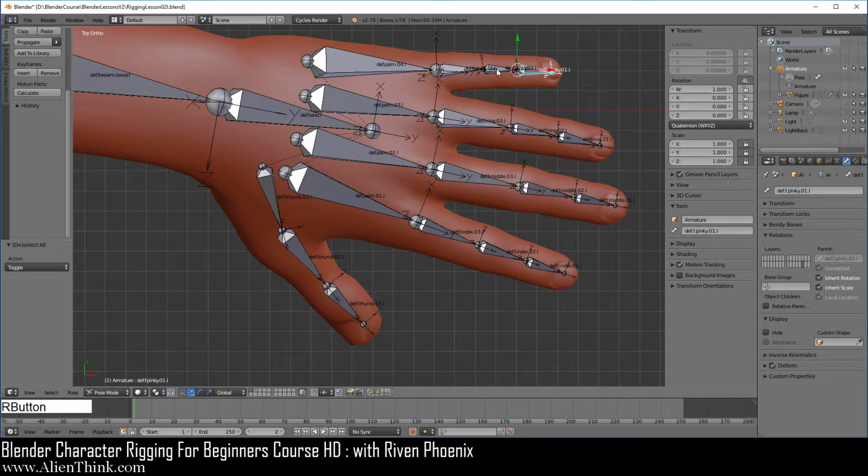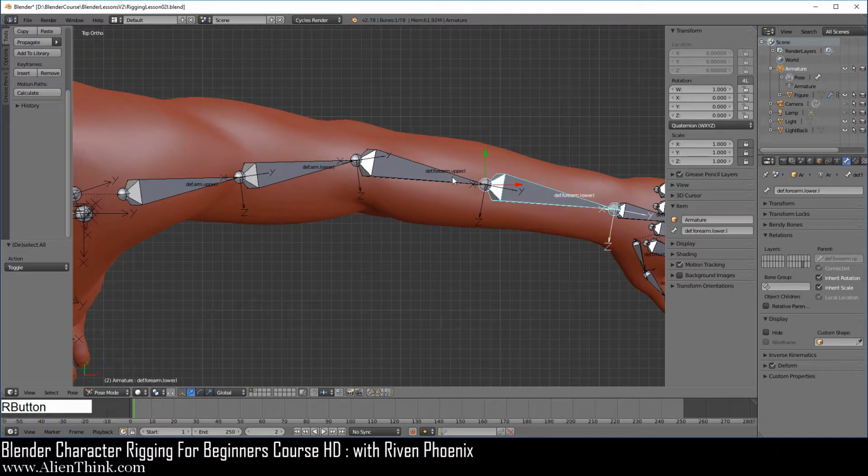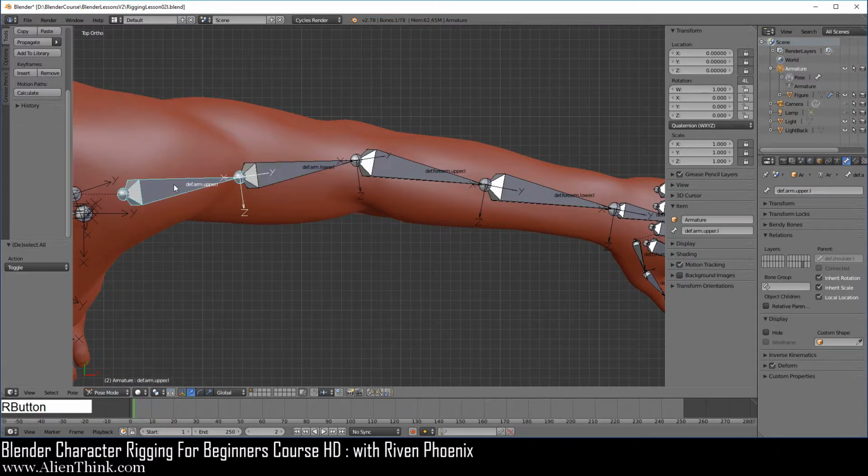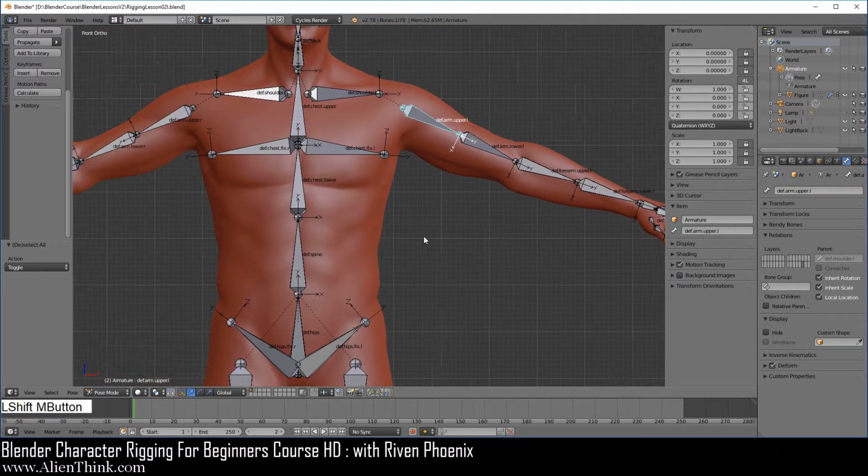So here I'm just going to quickly select these bones because there are quite a bit of bones here, and I'm just visually looking here to make sure that I got everything. And all of these are correct. Okay, press the 1 key.